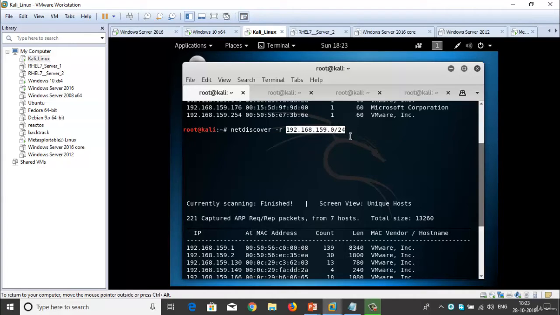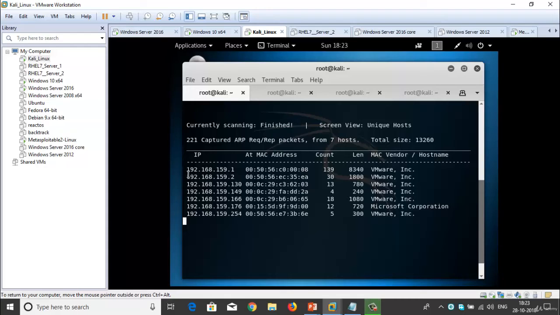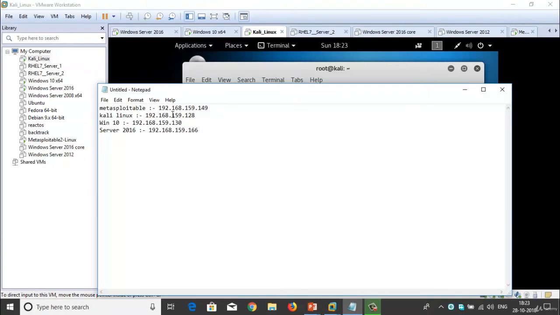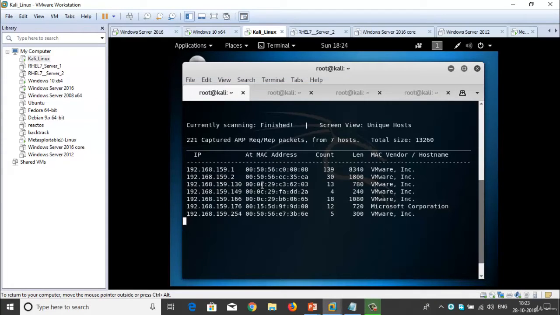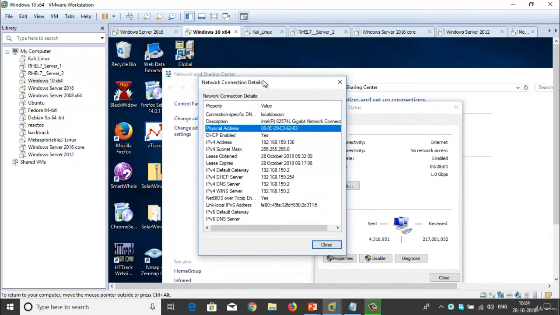I would define the whole network here, 192.168.159.0. Here you can see the operating systems' MAC address information, like 192.168.159.130. 130 is the Windows 10 operating system and it has a MAC address of 00:0c:29:c3:62:03.